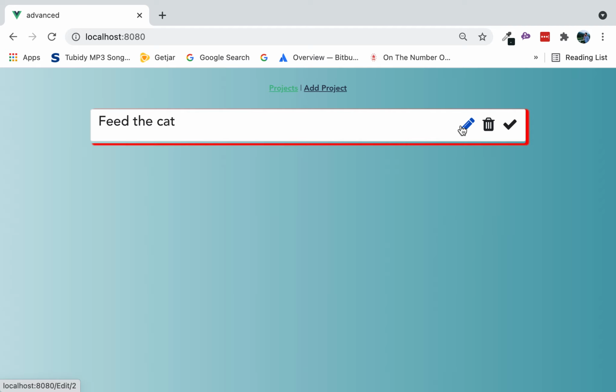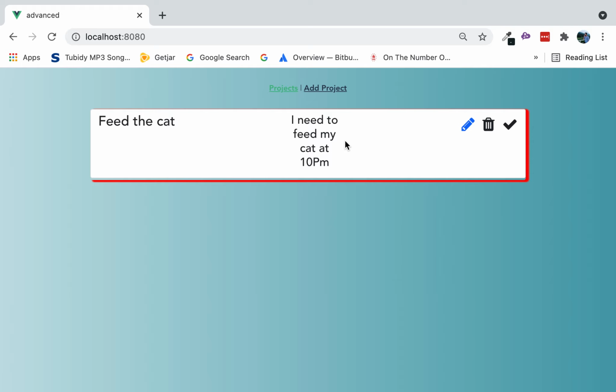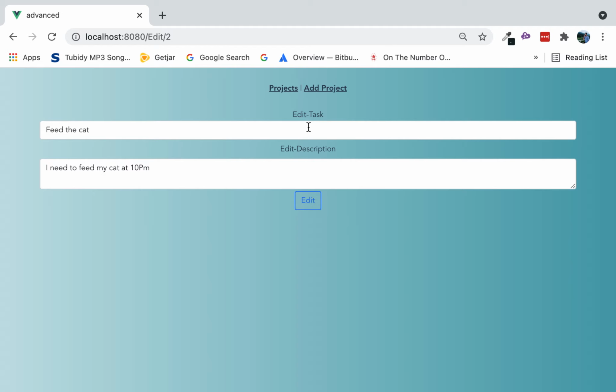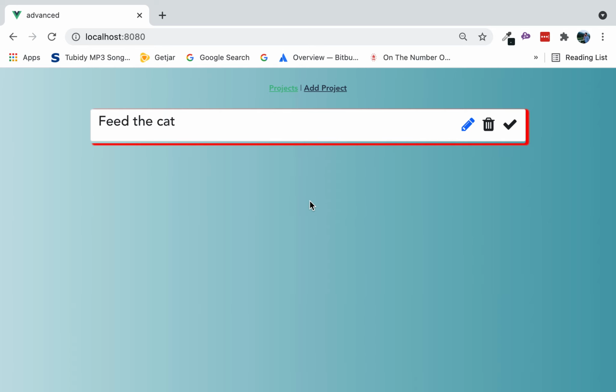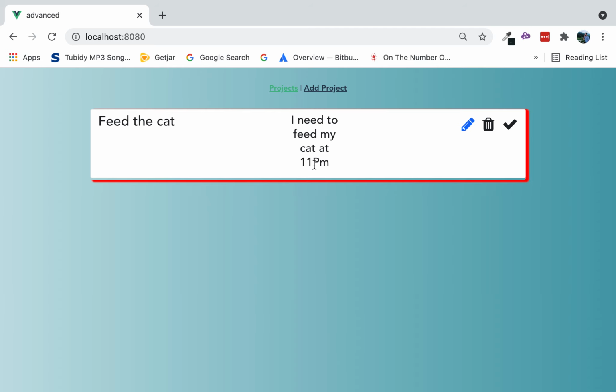And then here is the edit option, and you see that I said feed the cat, I need to feed my cat at 10 p.m. Now if I click on that edit option, you can see that the edit task is feed the cat, and then you can see the description, which is I need to feed my cat at 10 p.m. So let's say that instead of 10 p.m., I say I need to feed my cat at 11 p.m. and I hit that edit button, and you can see that instead of 10, it's at 11 p.m. So in this app, I've shown all the CRUD functionality,